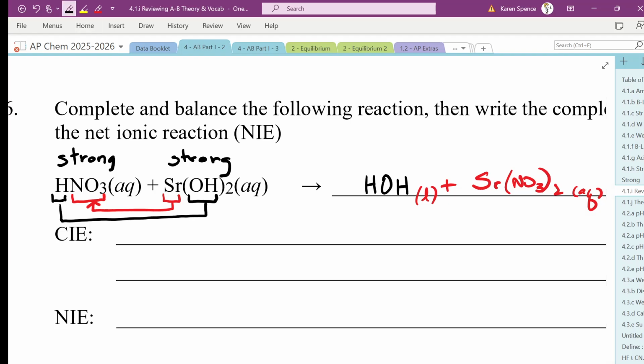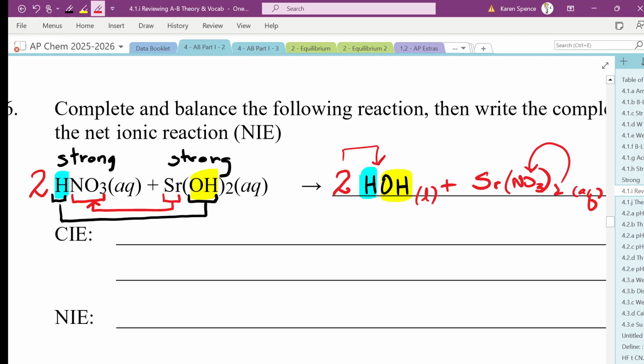No. So how can we balance it? We have hydroxide and we have hydrogen. If you write it as HOH, you can balance those separately. Don't lump it all into how many hydrogens you have and how many hydroxides you have. So how many hydroxides do we need? We need 2 of them, which also gives us 2 hydrogens, which means we need a 2 here, which is really fortunate because we have a 2 here.